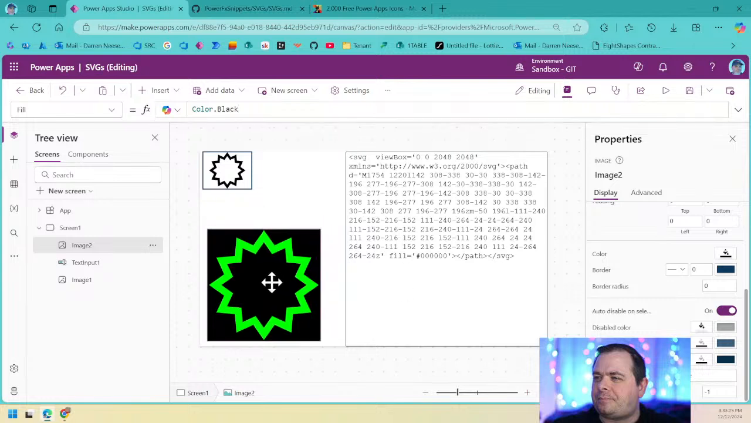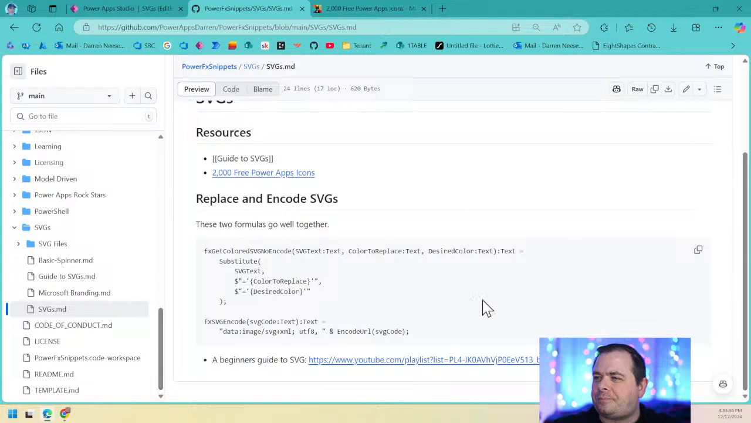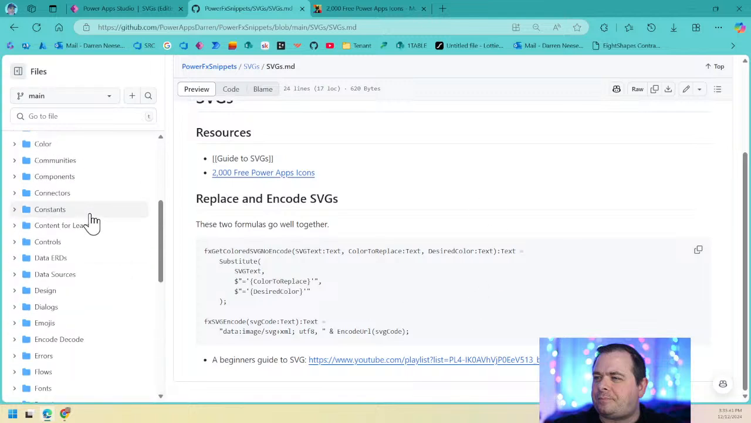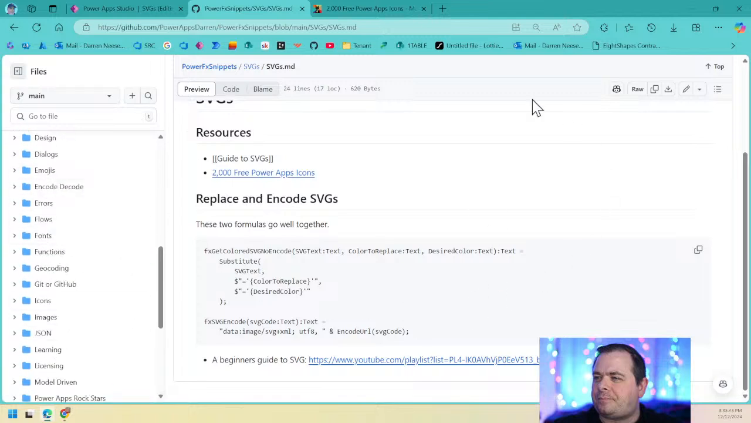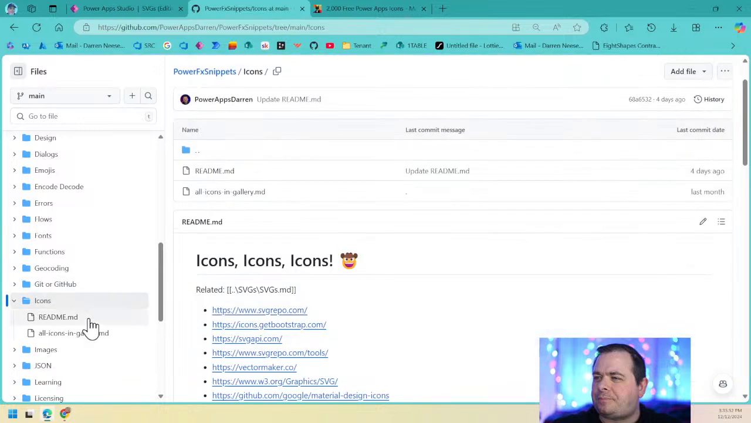All right. So do you have any questions, guys, since we had started to talk about this, I wanted to sort of finish up on what I was saying there. Because I showed you an incredible amount of icons. I was showing you GitHub repositories that have thousands of these SVG icons. So if you click on icons over here within my PowerFX snippets,